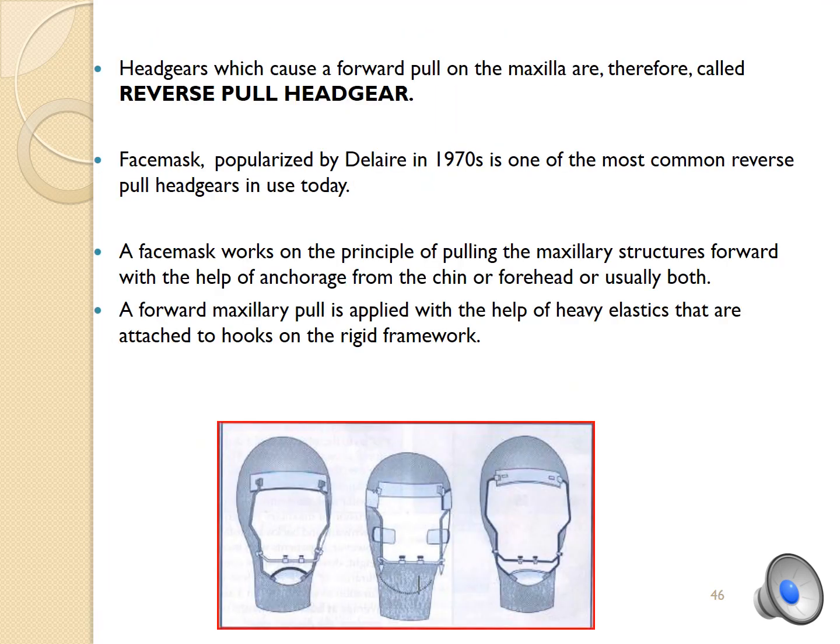Headgear which cause a forward pull of the maxilla are therefore called reverse pull headgear. Face mask, popularized by Delaire in the 1970s, is one of the most common reverse pull headgear in use today. A face mask works on the principle of pulling the maxillary sutures forward with the help of anchorage from the chin or forehead, or usually both. A forward maxillary pull is applied with the help of heavy elastics that are attached to hooks on the rigid